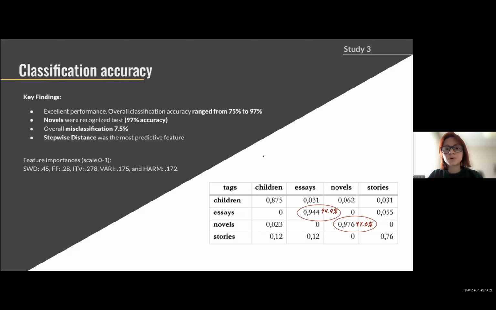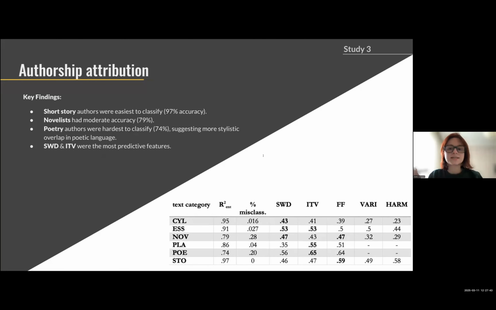The classification model performed excellently, achieving 75 to 97% accuracy. Novels were easiest to classify with 97% accuracy, while stories and essays showed some overlap, leading to more classification errors. The most predictive feature was the stepwise distance, which captures semantic complexity across the text segments. While these results demonstrate that the 5 semantic complexity features can classify literary texts, beyond genre classification, the study